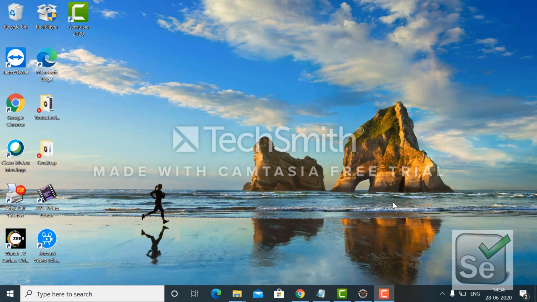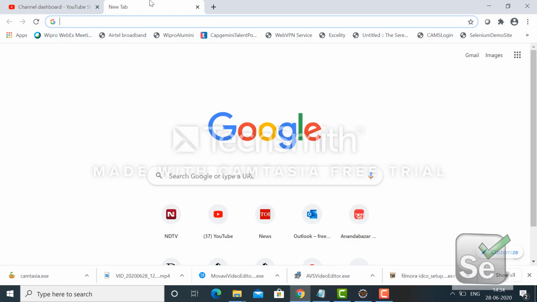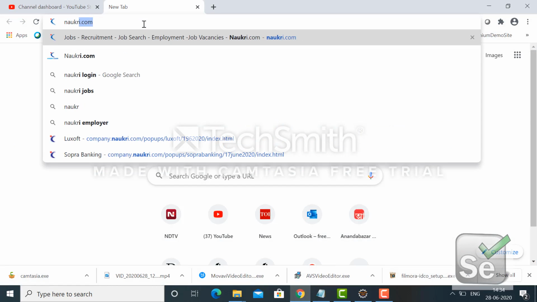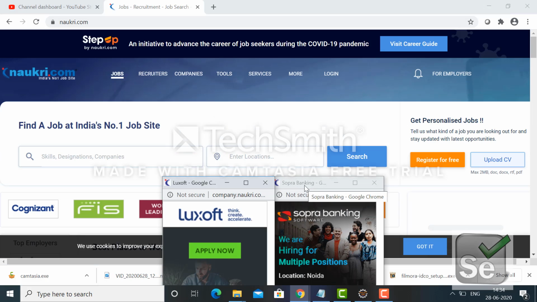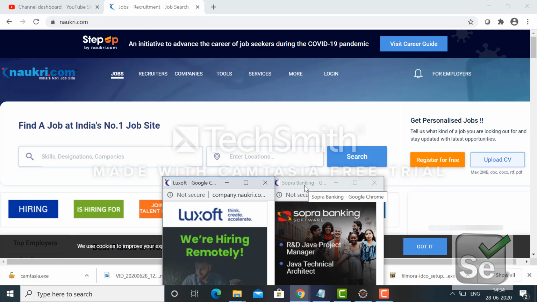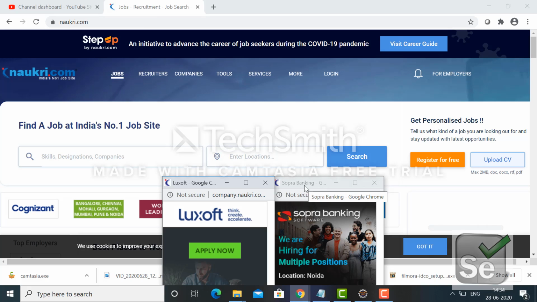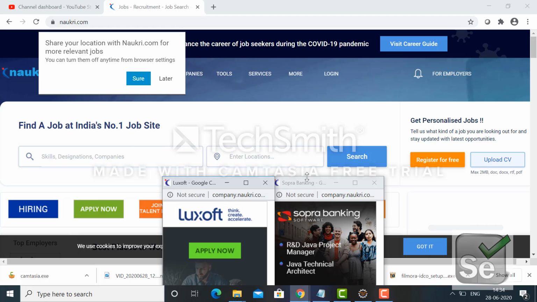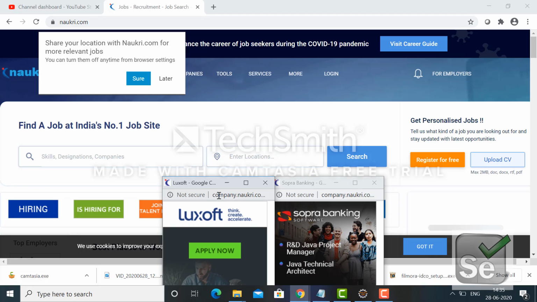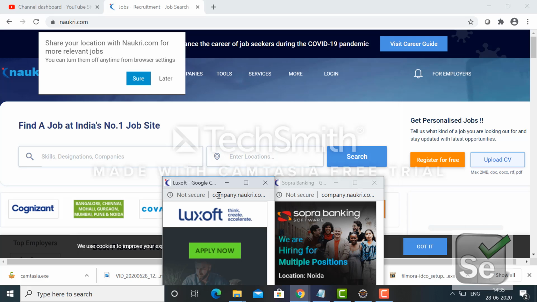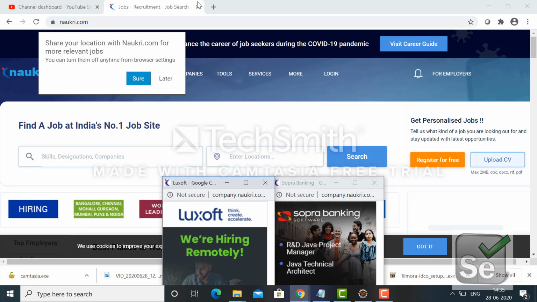Today I will discuss how to handle multiple windows or multiple tabs through Selenium WebDriver. Let's take a scenario, say Naukri.com. When we open Naukri.com, other relevant windows also get opened. So through Selenium WebDriver, we will first count how many windows are open, and we will switch one by one to each window and close it. In the meantime, we can print the title of each and every window after switching. So let's take that.